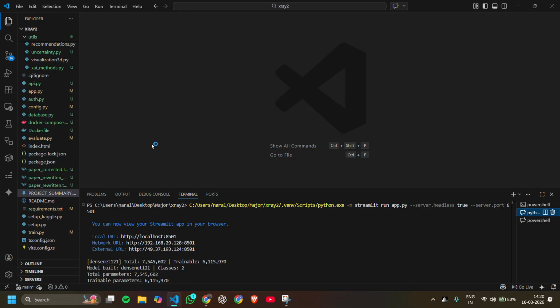For training the model, I used the chest X-ray pneumonia dataset from Kaggle, which contains thousands of labeled X-ray images. The dataset has two categories: normal and pneumonia. Before training the model, I implemented a data pre-processing pipeline. The pre-processing steps include resizing all images to a fixed resolution suitable for neural networks